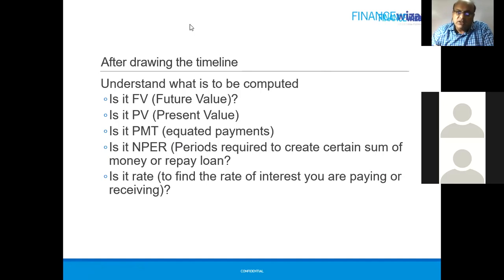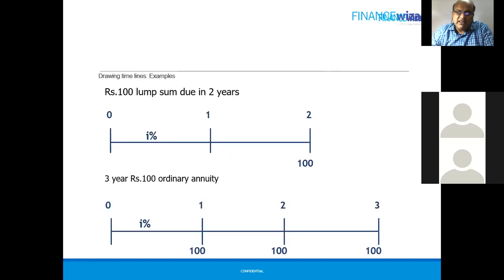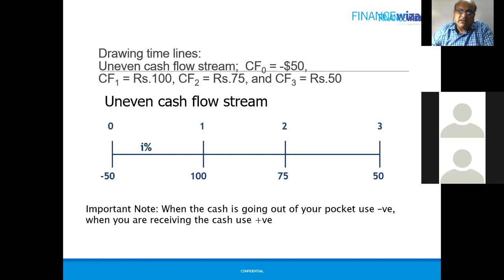So depending on what I told you, you go to the timeline and this will give you a decision. If you are at the beginning of the timeline, you are calculating, once again let me repeat it: beginning may be PV, end may be FV, and each of these may be PMT, the number of these ticks is NPER, and rate. These are the 5 basic things. Then there are advanced calculations.